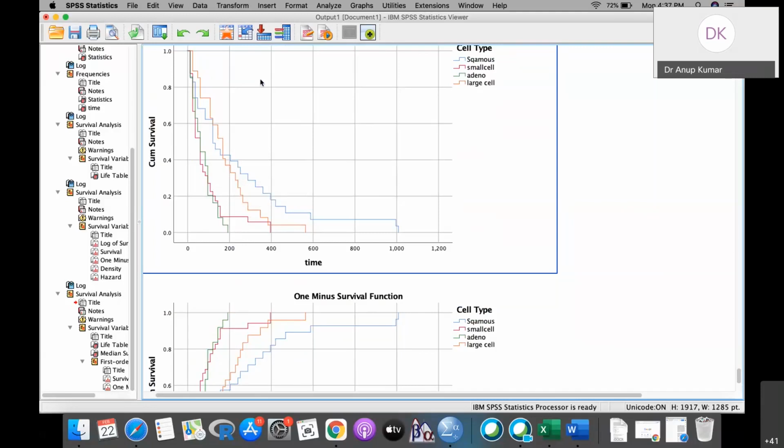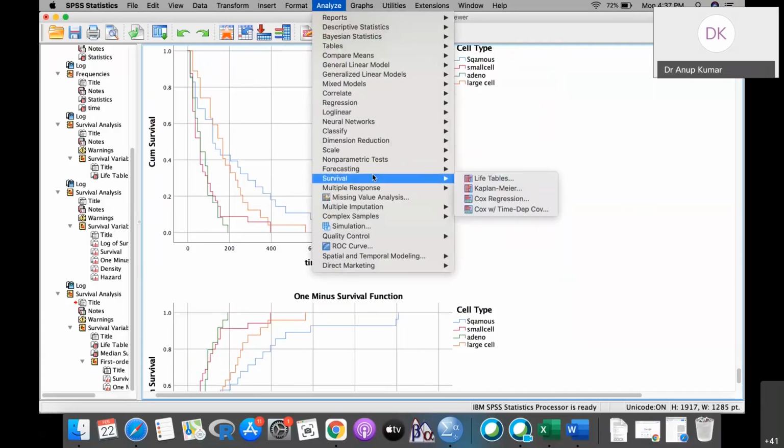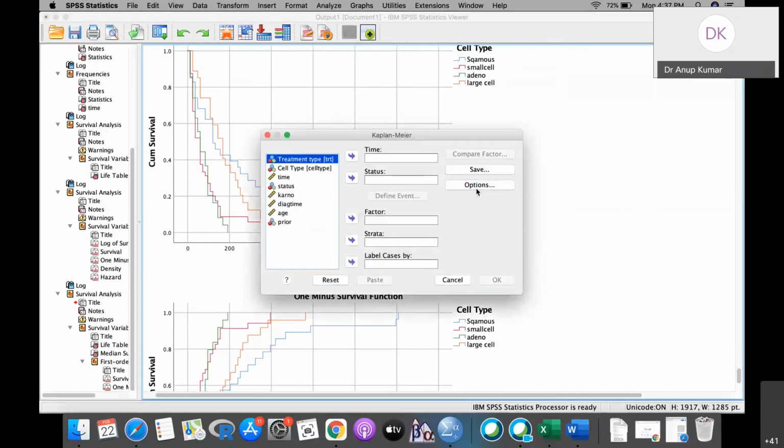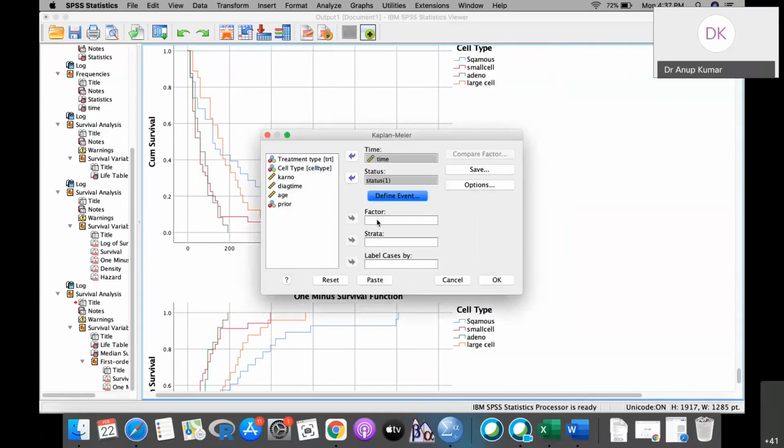So for this, if you want to do the Kaplan-Meier estimation on the same data, go to survival, and then instead of life table you have to select Kaplan-Meier. Here the time you have to select like this, and there should be no grouping in it, and then the status variable, and define the status. If you remember, 1 stands for the event having occurred. Then continue. After that you have to compare, say, for the treatment type.